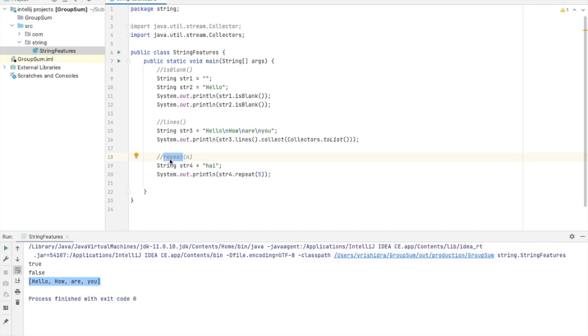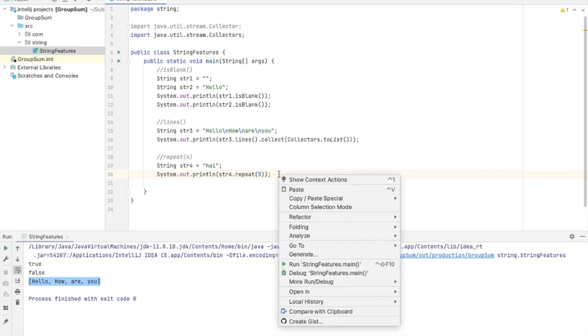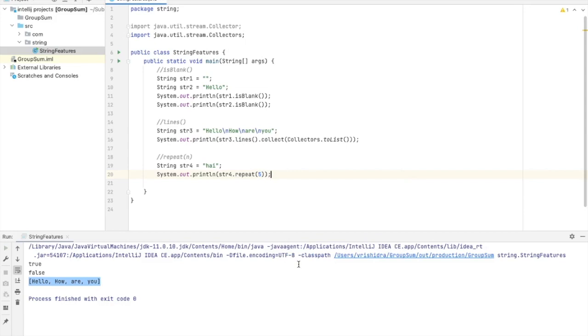The result of the repeat method is a concatenated string of the original string repeated the number of times given in the argument. That means I have a string hi, and this hi is concatenated 5 times. Here we got the result, hi concatenated 5 times.